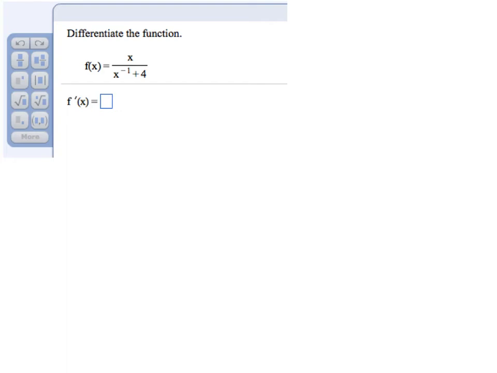This is a solution to one of the online homework problems from section 1.6. We can see that this is a quotient, and so it shouldn't be surprising that the quotient rule is the appropriate thing to use here. The statement of the quotient rule, which again I always write down first and then do it,